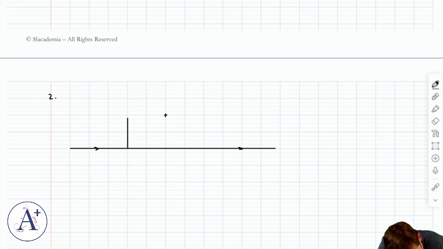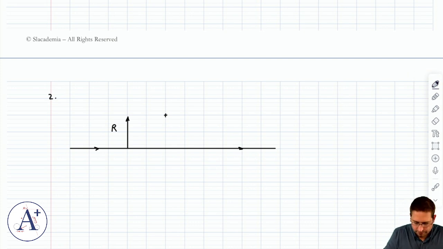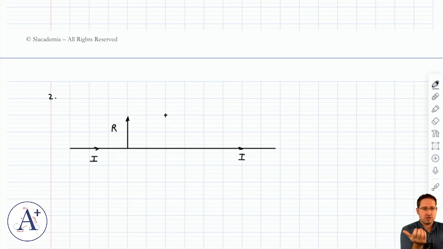field at a distance r from the wire like this, well, first of all, by the right-hand rule, I know that this current traveling to the right creates a magnetic field that comes out of the page, right? If I put my finger along I, wrap my finger around my thumb, then I'm going to get out of the page up here. So this is going to be